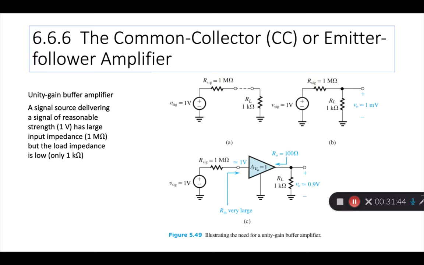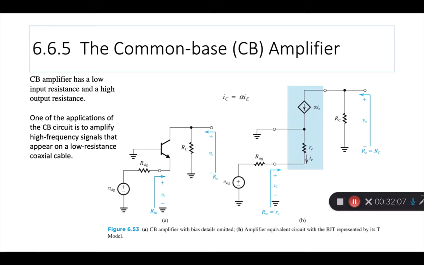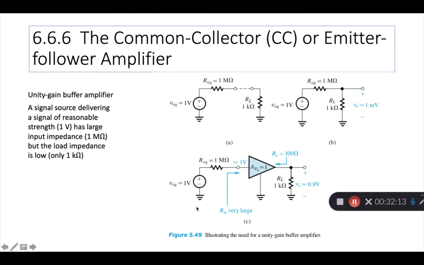So what's the benefit of having a voltage amplification of 1? Again, it has to do with matching impedances. In this case, let's say a signal source delivering a signal of good strength, 1 volt, has a large impedance, right? It has 1 meg as its source impedance. Previously, when we studied CB, we said when the input impedance is low, the CB amplifier is useful. The opposite here. When the input impedance is very high, too high, and you want to match it to a modest load impedance, like here 1K,